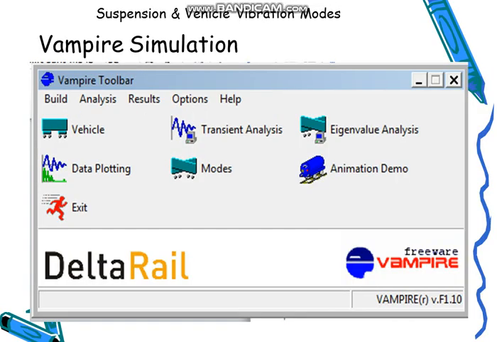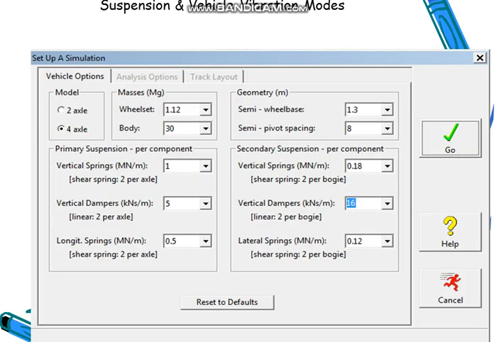Once you have defined your vehicle characteristics, the next section is transient analysis. What is the meaning of transient analysis? By defining your transient analysis, you can observe the different acceleration values at different points on the vehicle. For example, Vampire will allow you to observe the acceleration value at the pivots and at the center of your body. So once you click this transient analysis button,